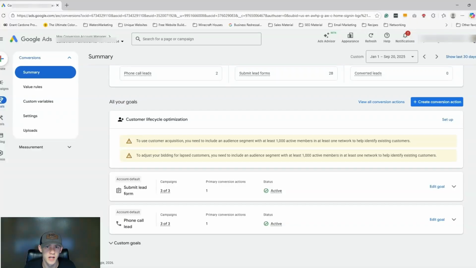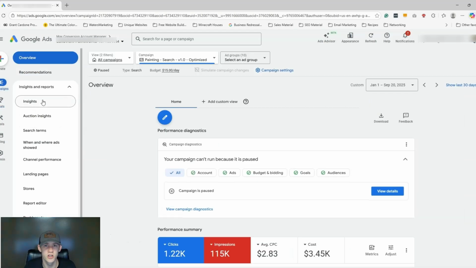Pause the keywords that are not performing, keep the keywords that are performing, keep those in the loop, tighten up those search terms, and then go from there. Let the campaign run, test it out, and then refine it. And this is something you guys can do pretty consistently on your campaign. Once you do your audit, you make the changes, you update the campaign. The thing you should be doing ongoing,